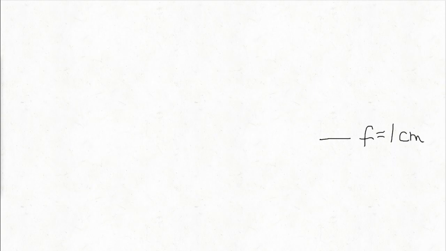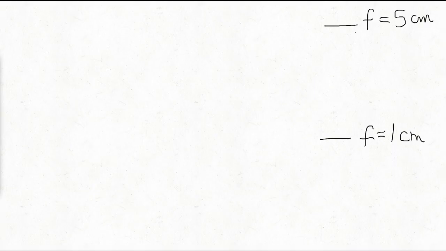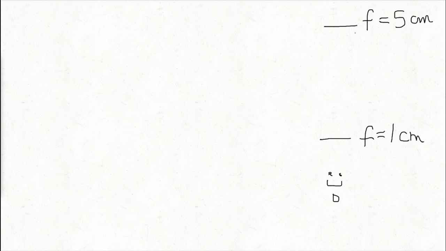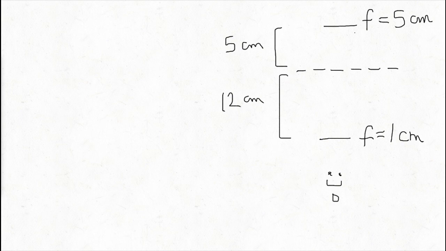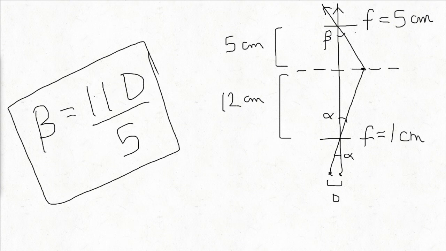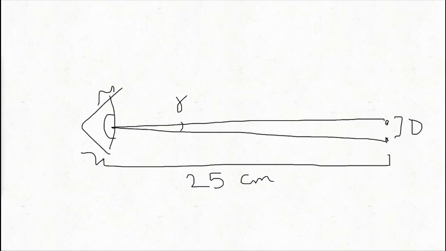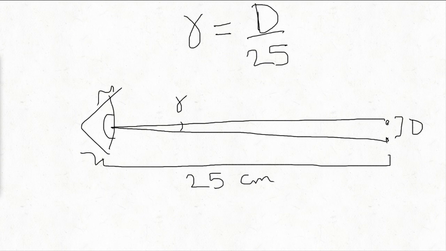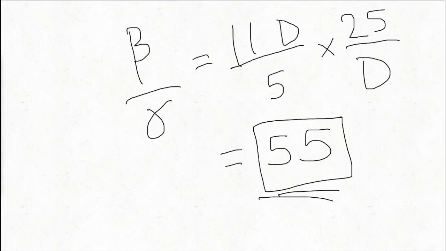This is the objective lens, this is the eyepiece. These are 2 points on the specimen separated by a distance d. This is the intermediate image plane and these are the rays. Now using the image equation for a lens and basic trigonometry, we can find the angle beta in terms of d. Now the angle when seeing it with the naked eye, gamma, is this, which gives us a magnification equal